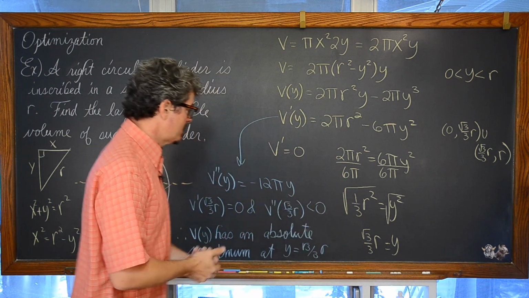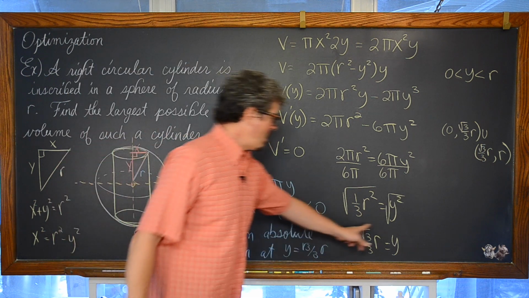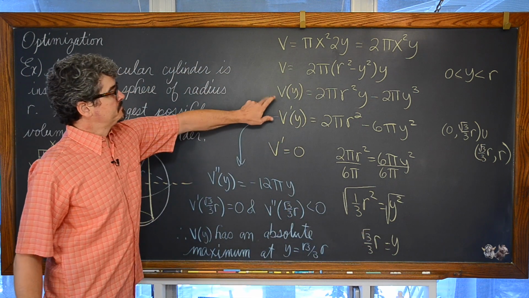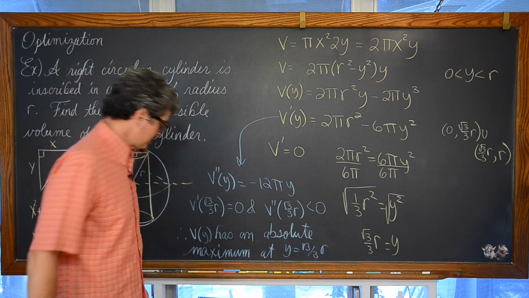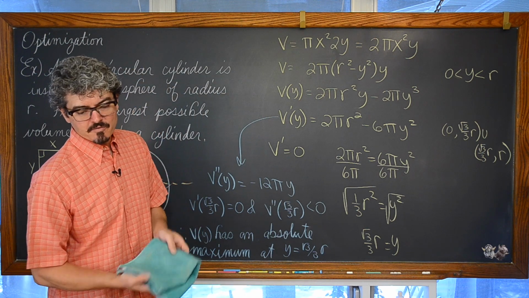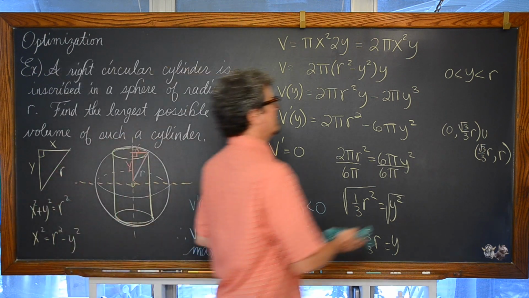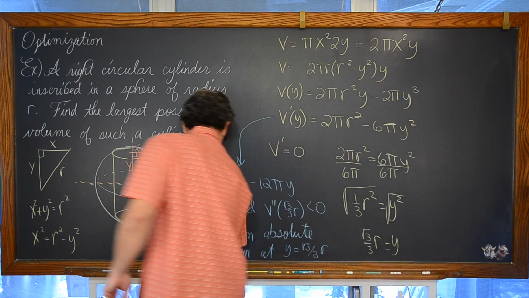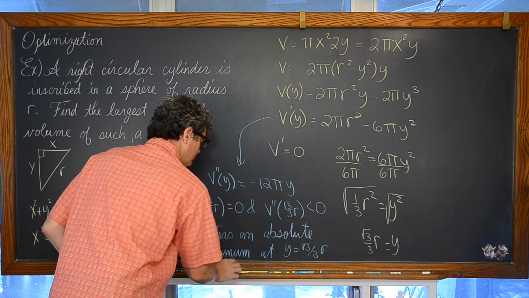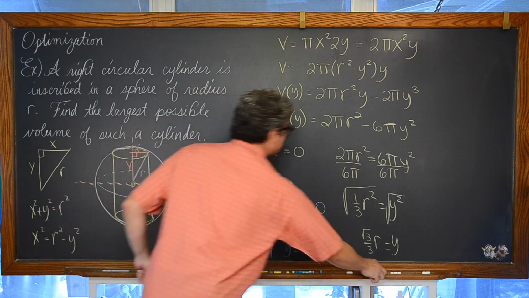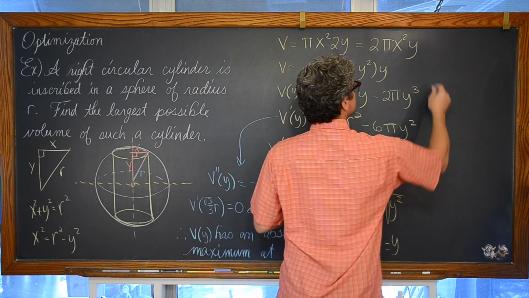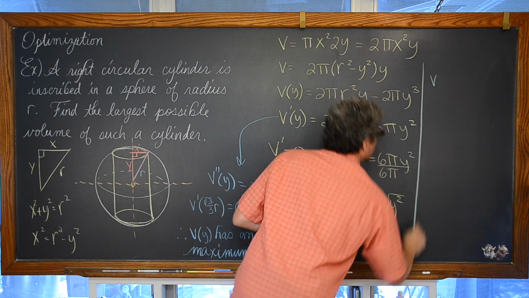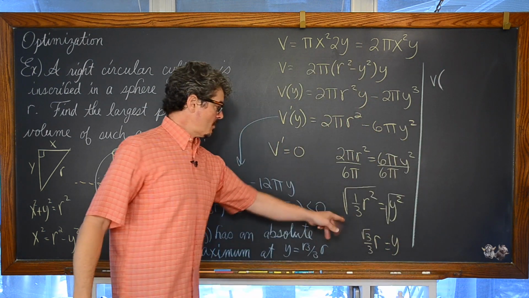So now we just have to take this value of y and plug it into our volume function and simplify it. And I'm going to try to squeeze this in here because when I do my videos I like to have it all together for you on one screen. So, v of square root of 3 over 3 r